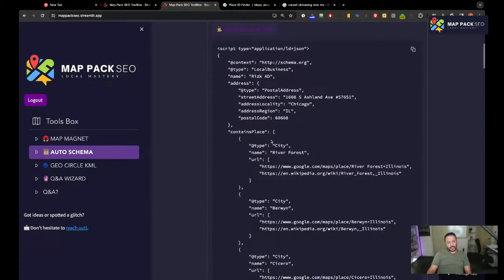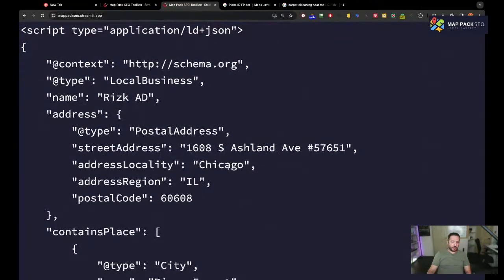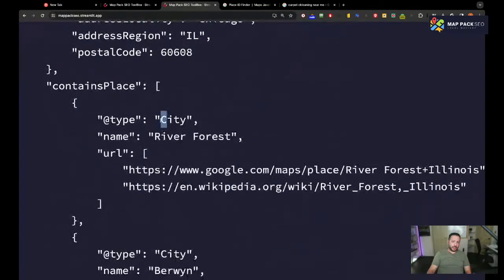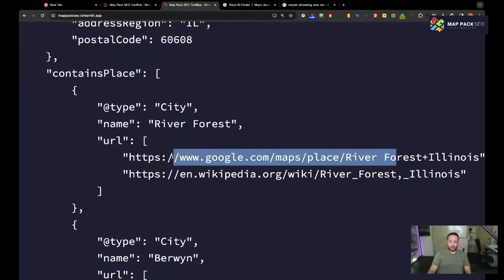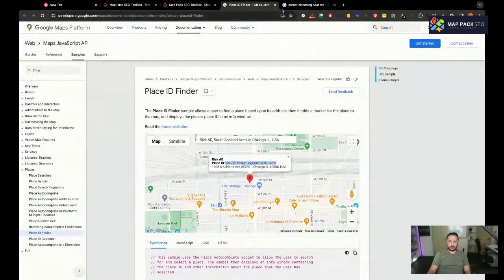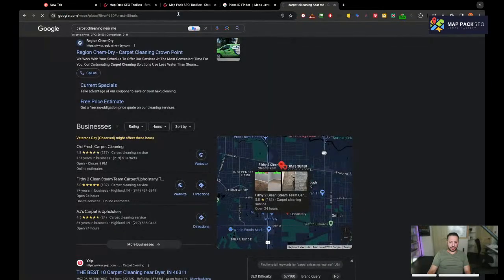And then it's going to list them, as you could see right here, as each city in that radius that we put, with the Google map listing. Let's give this a test right here.